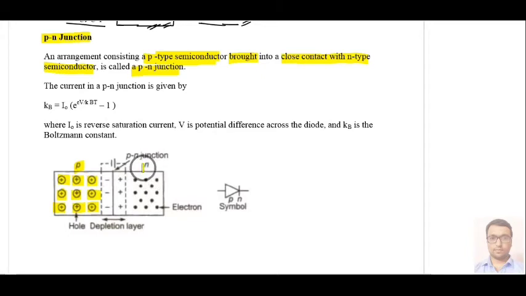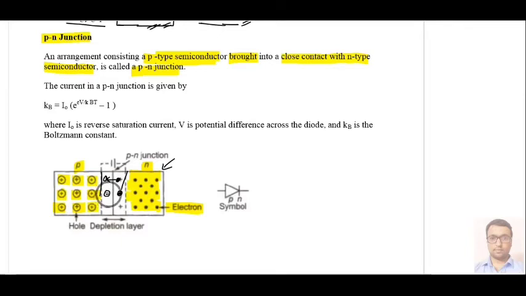After that, here we have the n-type semiconductor. In n-type semiconductor, these black color dots represent electrons, because in n-type semiconductor we have added pentavalent impurity. So in this particular region, some electrons from the right side, the n-type semiconductor, go towards the holes situated in the p-type semiconductor, and they fuse together, means they mix together.